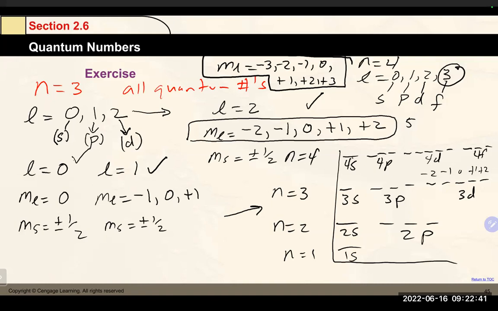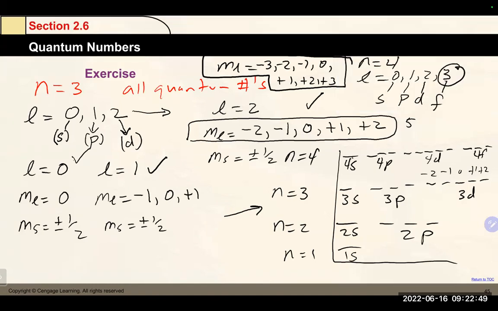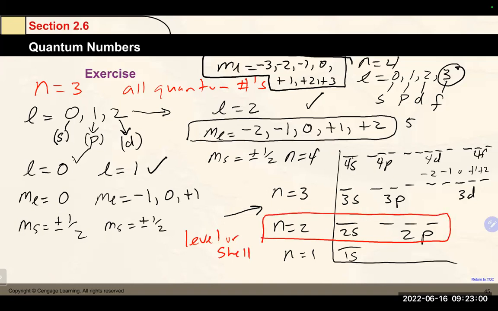And since we're talking about some of those terms, let's just make sure here. When we talk about a level or a shell,